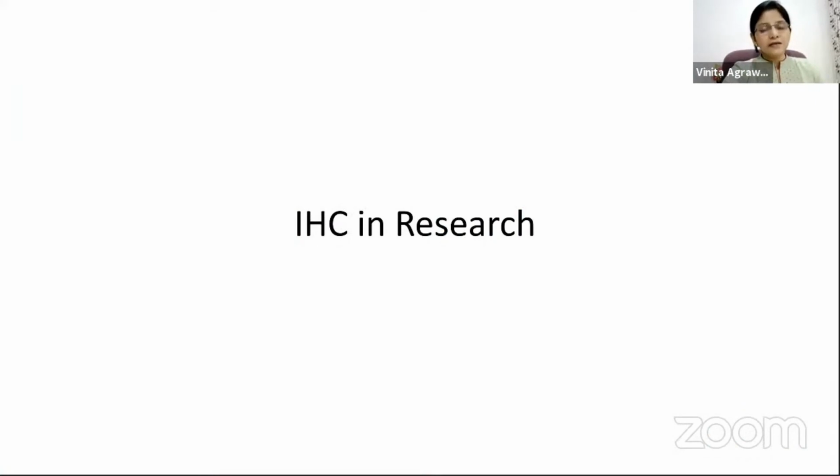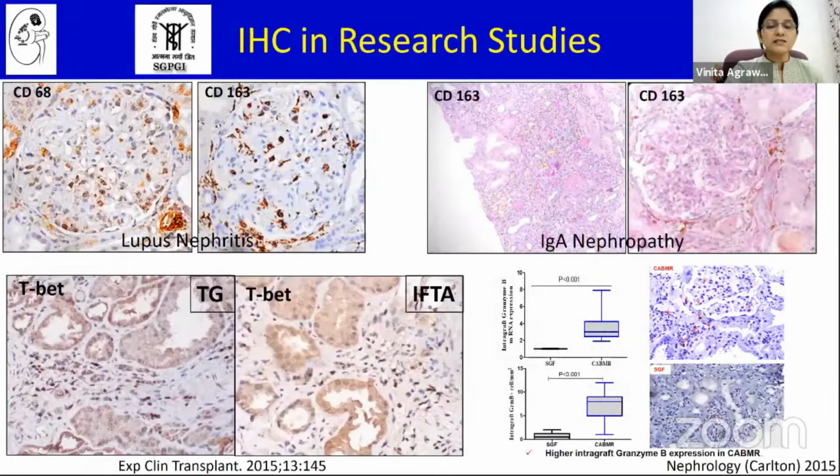There are a number of areas which I cannot cover on immunohistochemistry. Just a point that we have been doing immunohistochemistry in a number of conditions, and we have seen that you can combine a PAS stain with immunohistochemistry, which gives a better staining, and it is easier to count these cells.